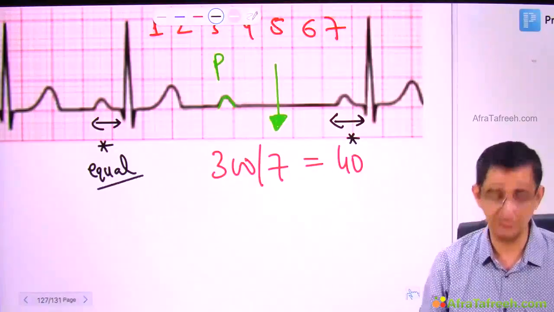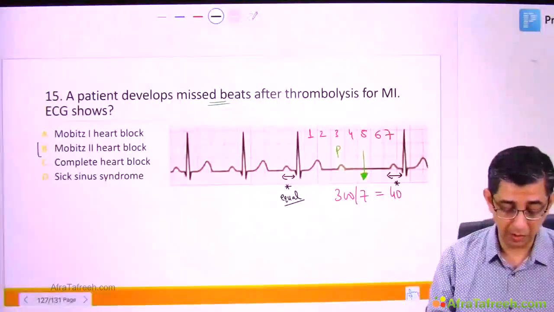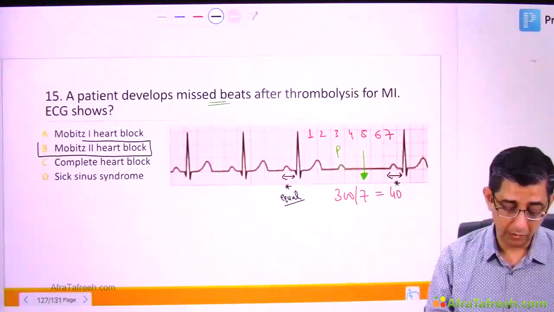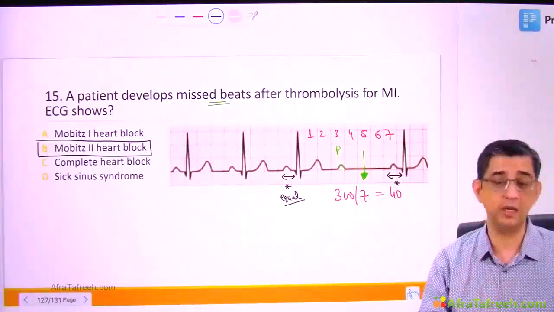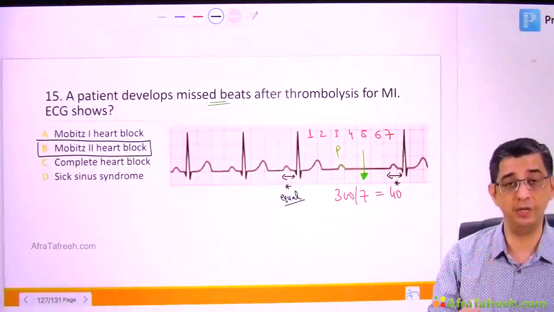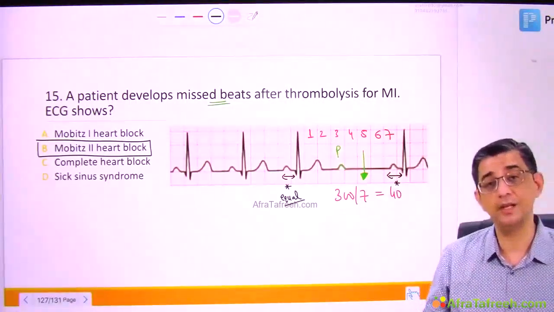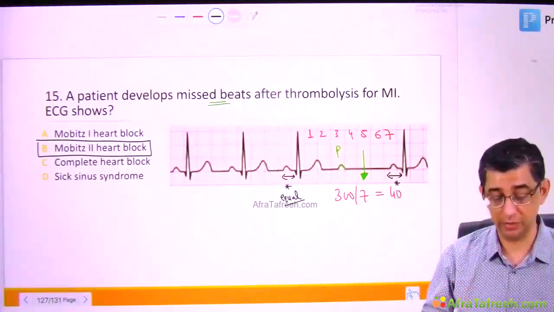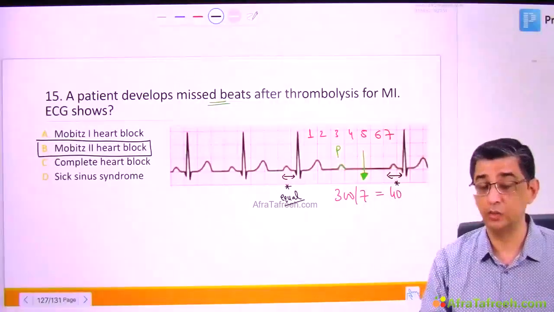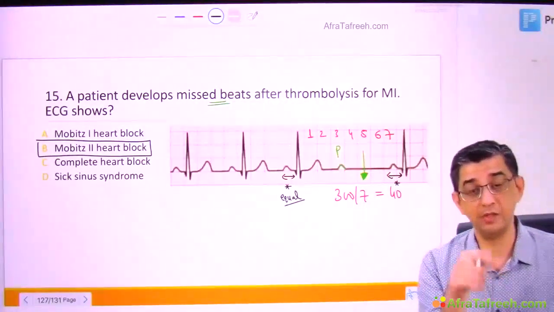This means that this person is having a Mobitz 2 heart block, and Mobitz 2 heart block after MI can even cause sudden cardiac death. I have taught you that one of the important causes of sudden cardiac death after myocardial infarction is ventricular fibrillation. That's a tachyarrhythmia. But if he asks you which bradyarrhythmia can cause sudden cardiac death after myocardial infarction, it is going to be Mobitz 2 heart block. You can give atropine, but you will subsequently require TCP, transcutaneous pacing, for this particular patient,